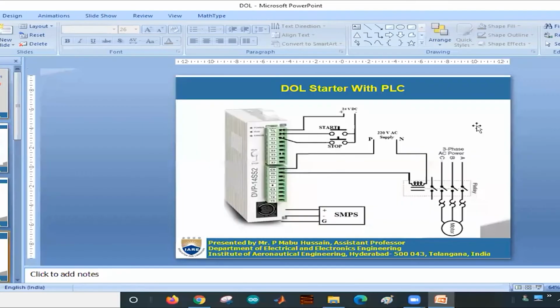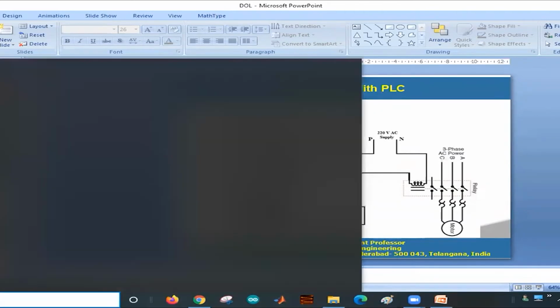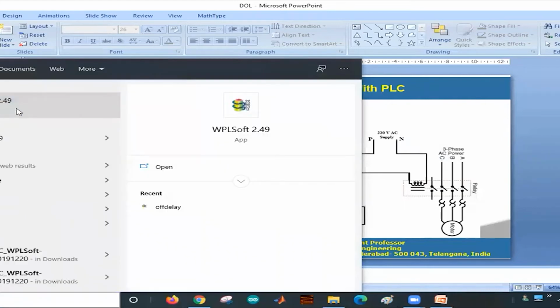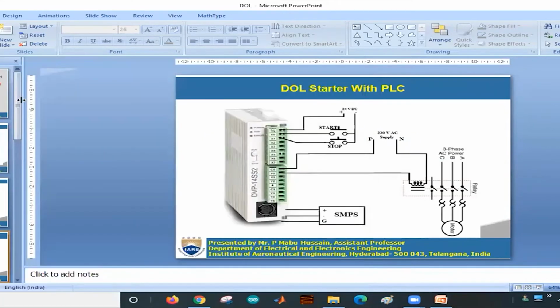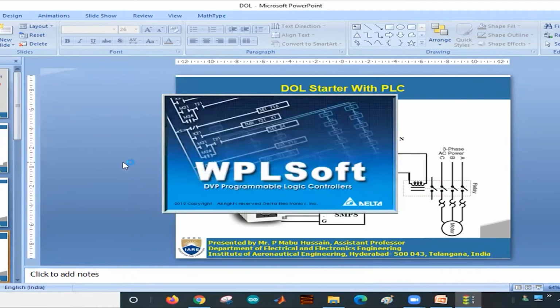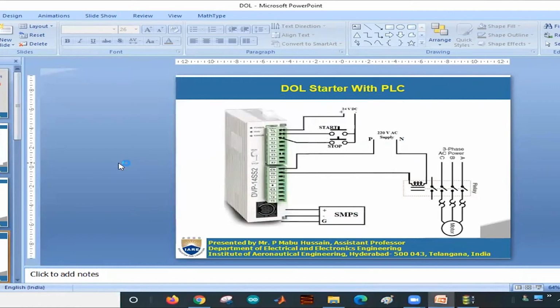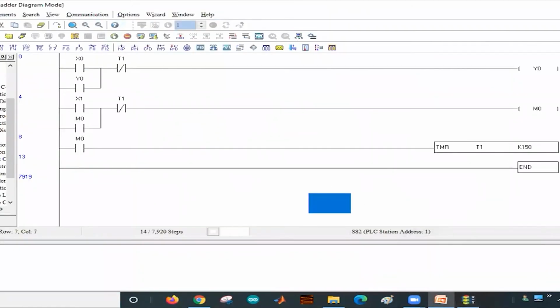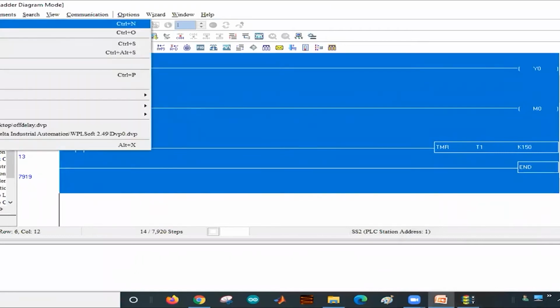So see here, I will open the WPLSoft. You take a new file.